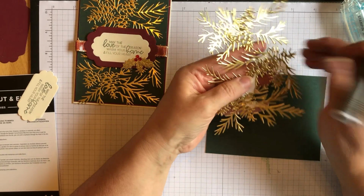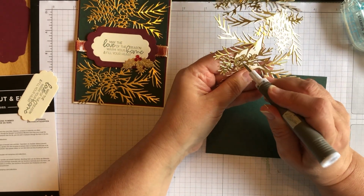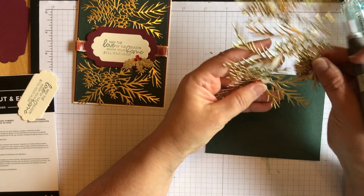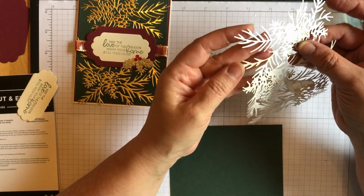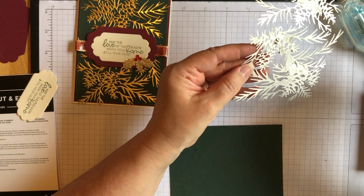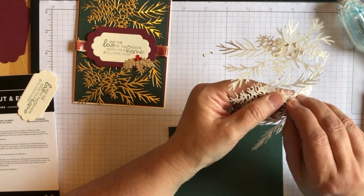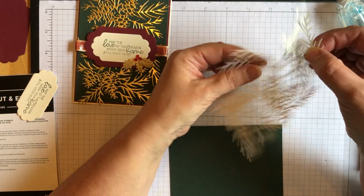Or we can do it after, because sometimes these little pieces will stay behind on the adhesive sheet once we start pulling this off. So, if they are still on, then we can poke them out at that point. So let's try that. Okay, now where to begin? All right, well, just getting some of these bigger pieces out here still. Oh, it's starting to come off. Okay, so we're just going to gently pull,